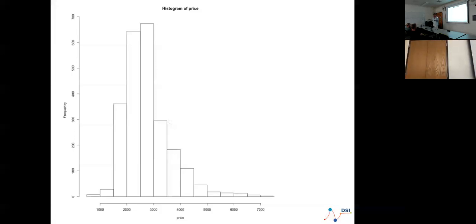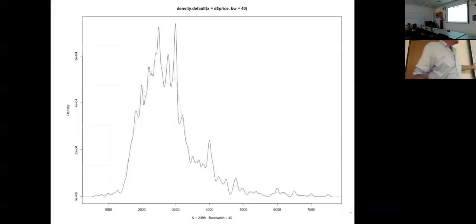So we tend to think of these as smooth curves. Now we know they're not, because prices are discrete, but at our level, in the Bay Area, it's essentially continuous. So this should be a continuous curve, which means we should be doing something more like this. We should be computing the kernel density estimate, which is essentially the same thing as a histogram, except it's actually estimating the right thing. But look what happens. See this?